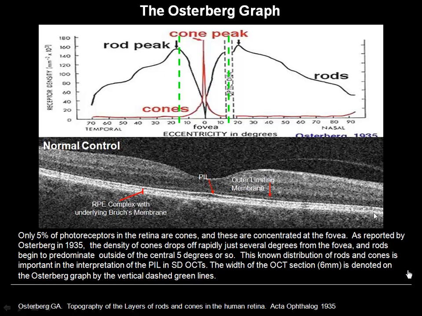This below is an OCT, which is a 6 millimeter section. It turns out that if you do some of the simple calculations, the highest percentage of cones, or at least the high concentration of cones, are within an area which is about 1 millimeter across. So that PIL line tells us about cones here, but as soon as we get out to about this section, it starts to tell us about rods. So this patient has rods and cones. The rods are out here, the rods are out here, and the cones are really here. Of course, there are some cones in the periphery, but really in such a small number that it's not really